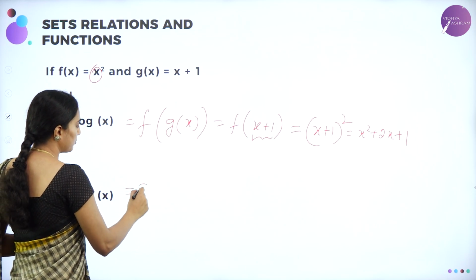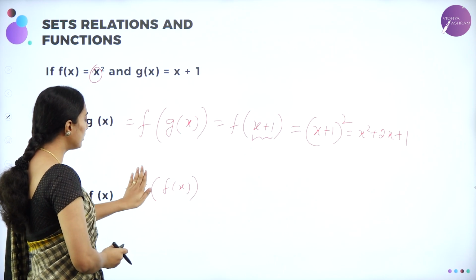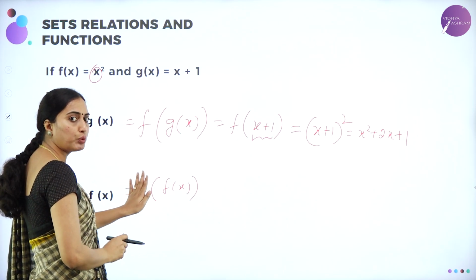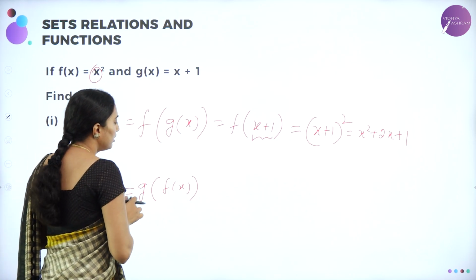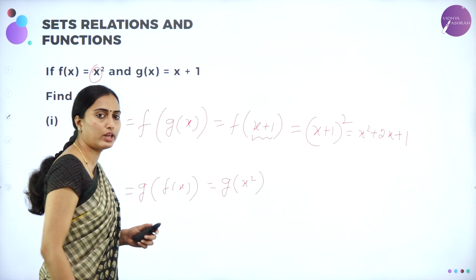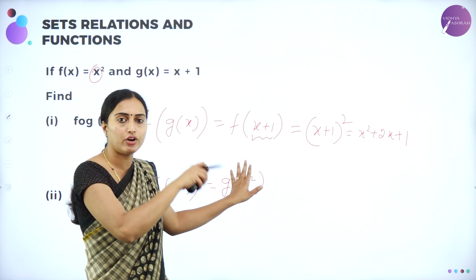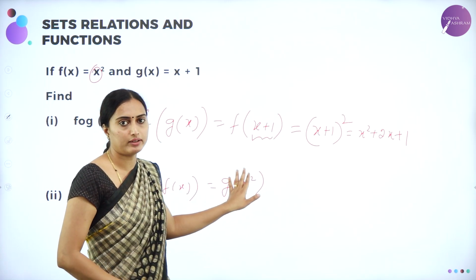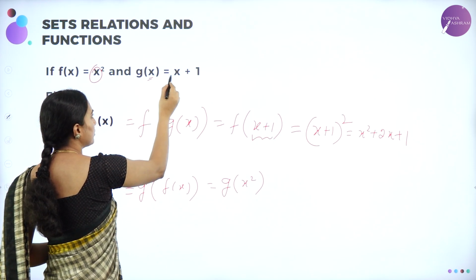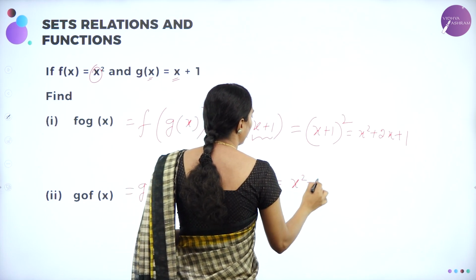Gof x, which can be written as g of f of x. Now, you can close this one. You can find out what f of x is. Write down the f of x, whatever it is. That is x squared. So, therefore, g as it is, f of x is x squared. Now, dear students, it looks like g of x. Wherever x is there in g of x, substitute x squared. Understood? Wherever x is there, x squared. You are going to get the answer as x squared plus 1.